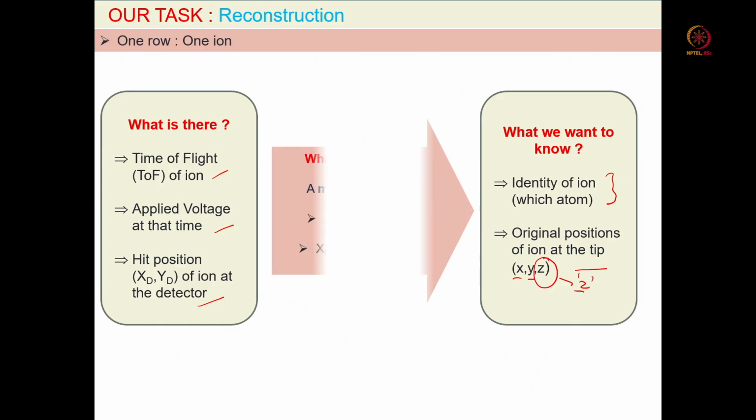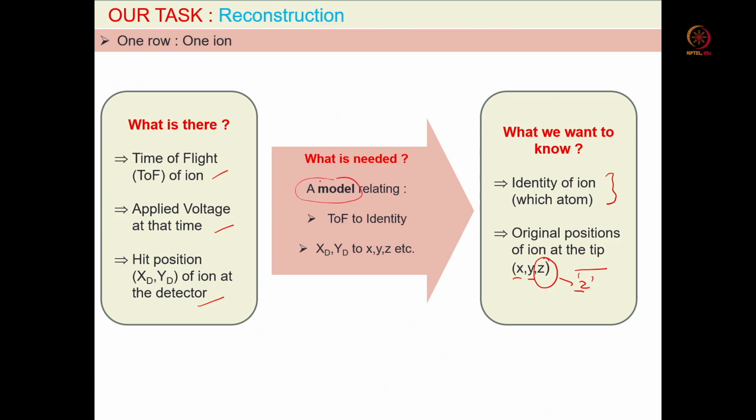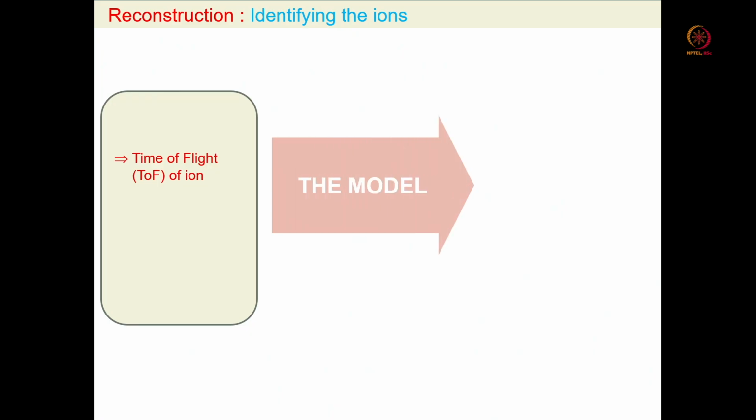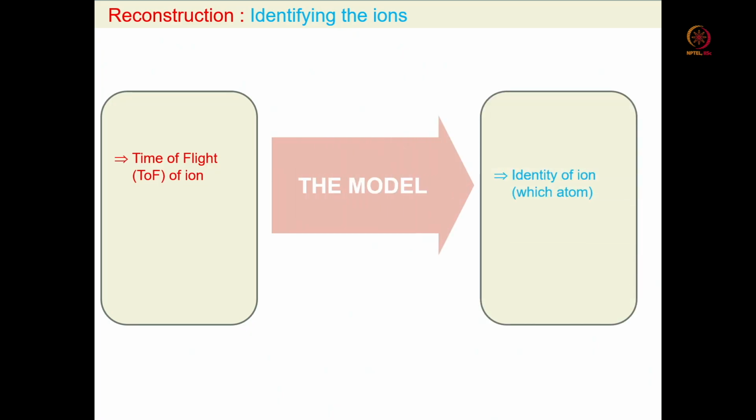slides. Okay, so we need a model. As I told you, this model is nothing but a point projection model. Okay, and time of flight is to identify the chemistry or the chemical species. XD, YD can be converted to the XYZ position of those ions in the reconstruction. Okay, so this particular time of flight, this is just a revision. You can actually